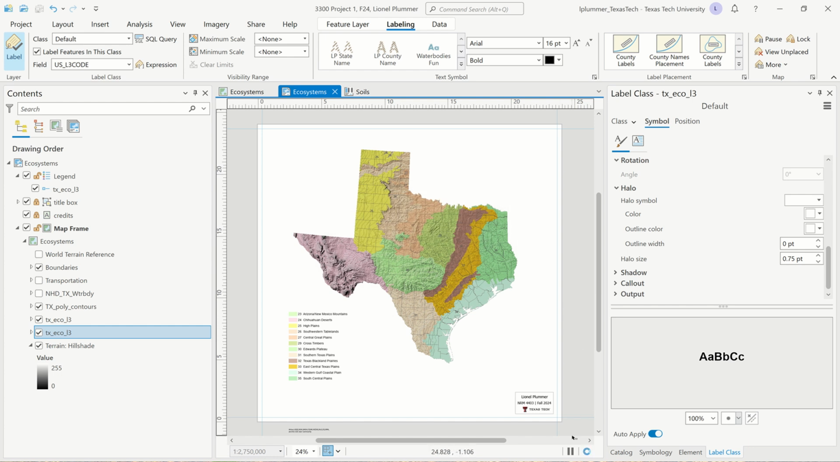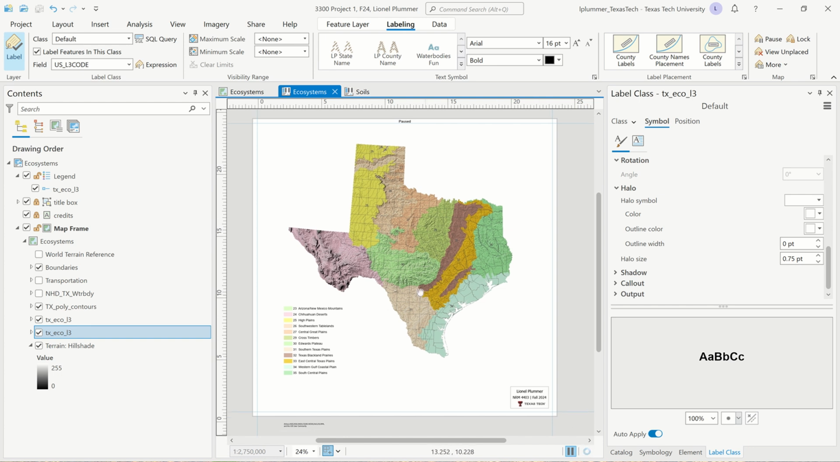Okay, and now let's pause the drawing because I want to do some final things with you, and I don't want us to get bogged down with the computer constantly having to redraw things. Okay, so